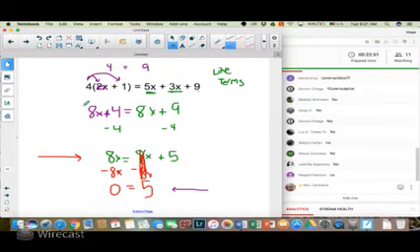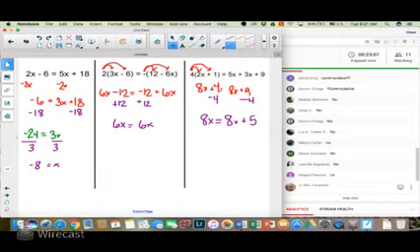Some of you see it early, and some of the problems that we do in class are not intentionally meant to trick you, but they do throw you off, and some students assume. So you still have the option of going further and simplifying. So to recap a little bit,